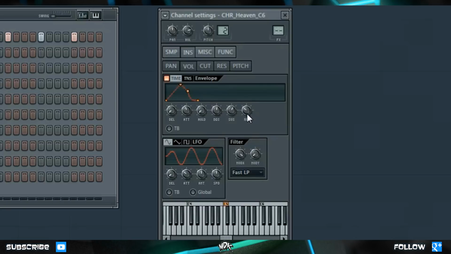Let's increase our release time a little bit, and now we'll take another listen to the sound. And now I'll let go of the key. So as you can hear, it doesn't drop off instantly this time, it has a nice tail and a nice fade out. Alright, let's go ahead and disable this volume envelope by turning it off, and we'll go over to